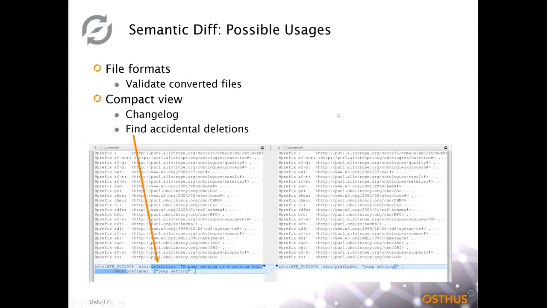So what could we theoretically use this tool for? It's brand new, so we haven't really put it through its paces yet. The original goal was to validate the file conversion, but it also gives you a compact view of the changes, and it might theoretically be helpful for writing change logs, to get this really compact, down to something